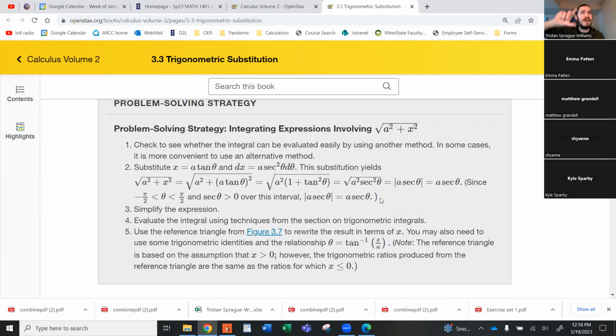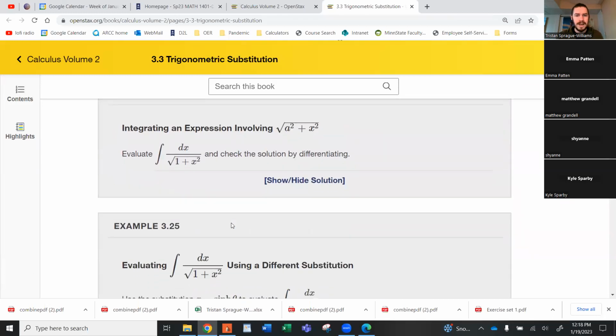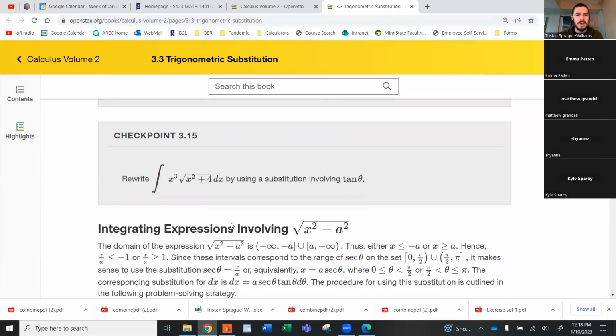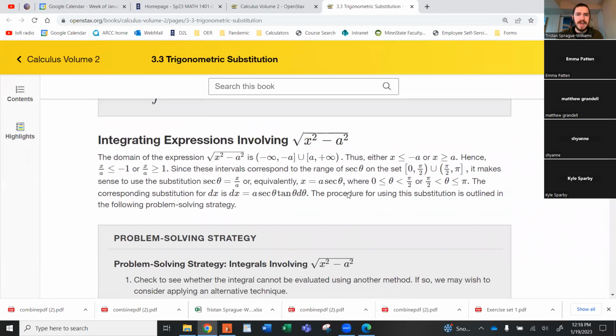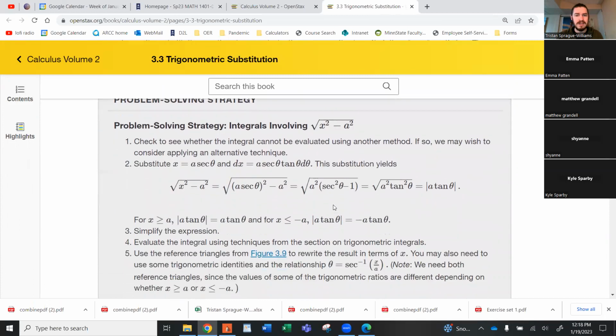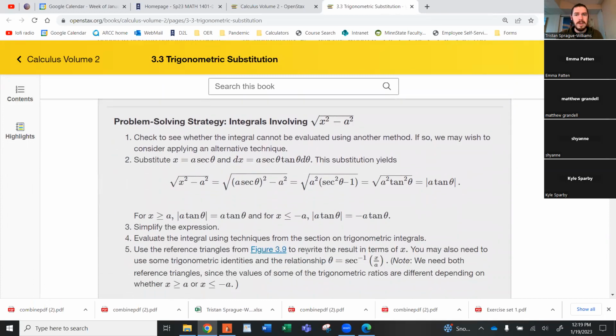So whether you're dealing with cosine or secant, they're both always positive, again, on this interval from negative pi over 2 to pi over 2. But when you are working with x equals a times secant theta, it gets a little bit messier because the interval you use for secant theta